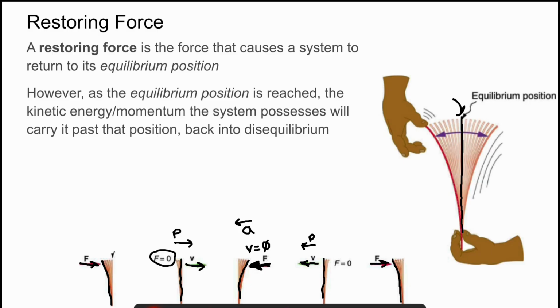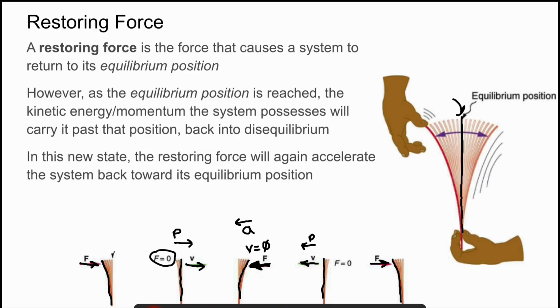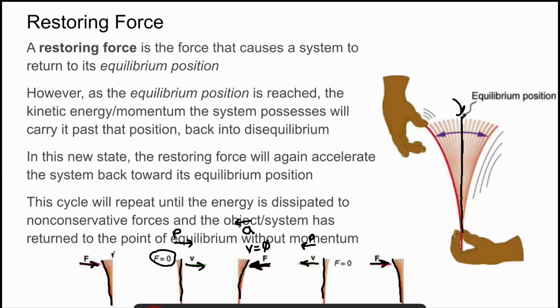And so this is why it continues to oscillate back and forth, because that restoring force continues to push it back towards equilibrium. But once it hits that equilibrium position where it has no force, then it already has momentum that'll push it back into a state of disequilibrium. So this restoring force continues to accelerate it back and forth through its equilibrium position, and the cycle will